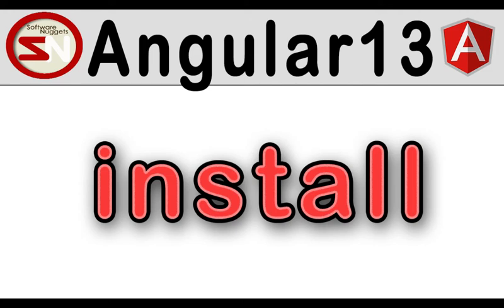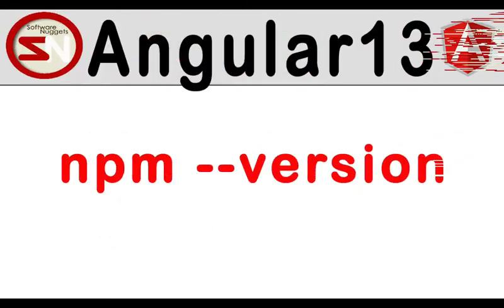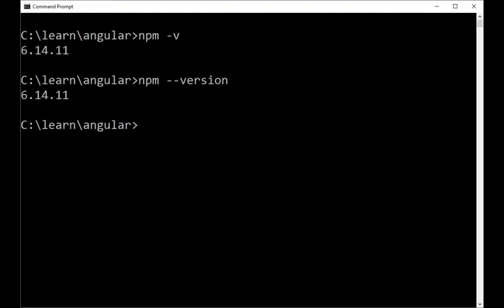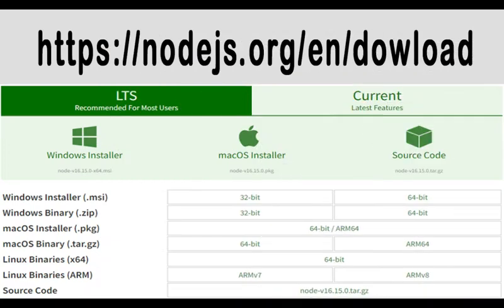In this video, we're going to install Angular 13 on your local computer. Let's do this. Let's make sure you have Node Package Manager installed. Open up a command window and type in the following command. Notice there's two ways to type this command, npm -v or npm --version. Now, if you don't have it installed, go to nodejs.org, download it and install it